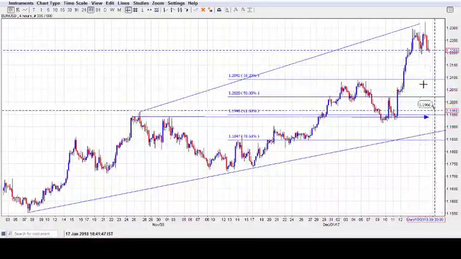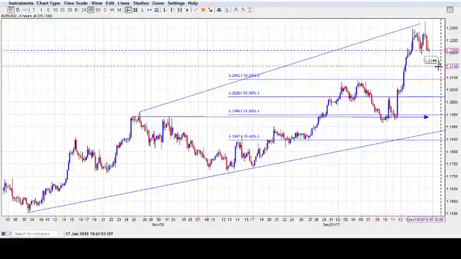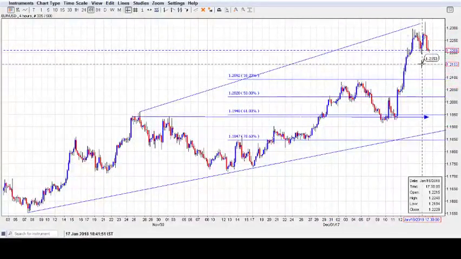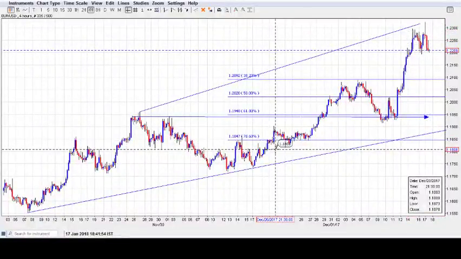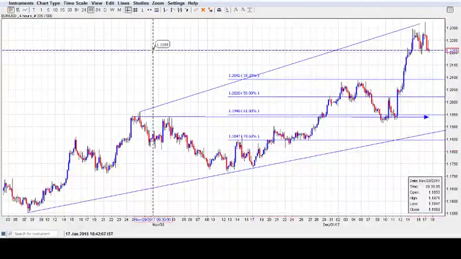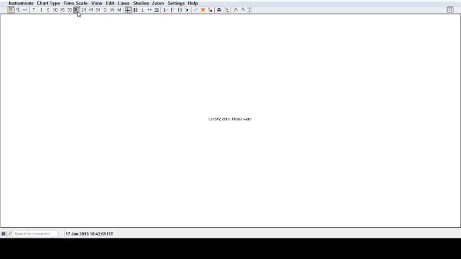Alright, so we are more or less biased or inclined towards the short side for now, in spite of the fact that we got tipped off early morning today, but again got in at 2240. Alright, a very tight stop loss just above the high today,